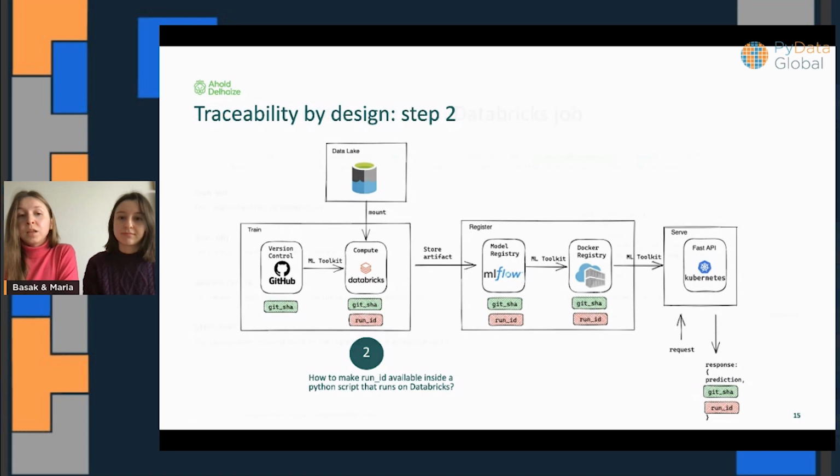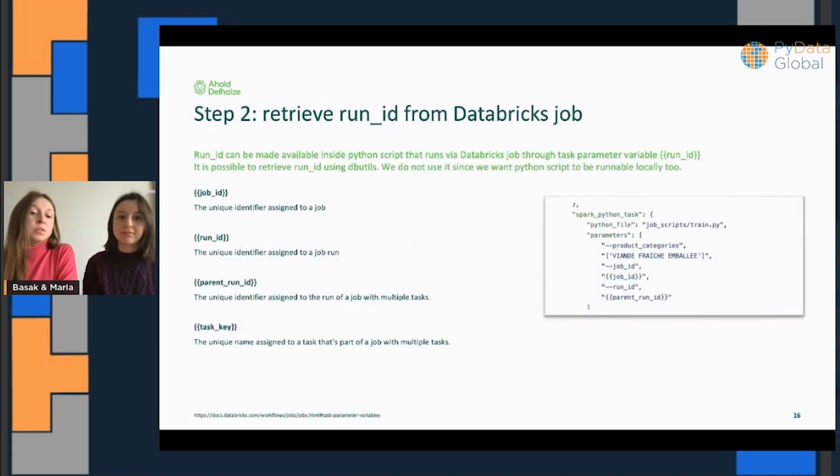So then we looked at what the other possibilities are. Databricks provides a nice feature called task parameter variables. These are variables that can be passed to your Databricks job definition, and those will be filled at the moment of run. Examples of such task parameter variables are job ID, a unique identifier assigned to a job, and run ID, a unique identifier assigned to a job run.